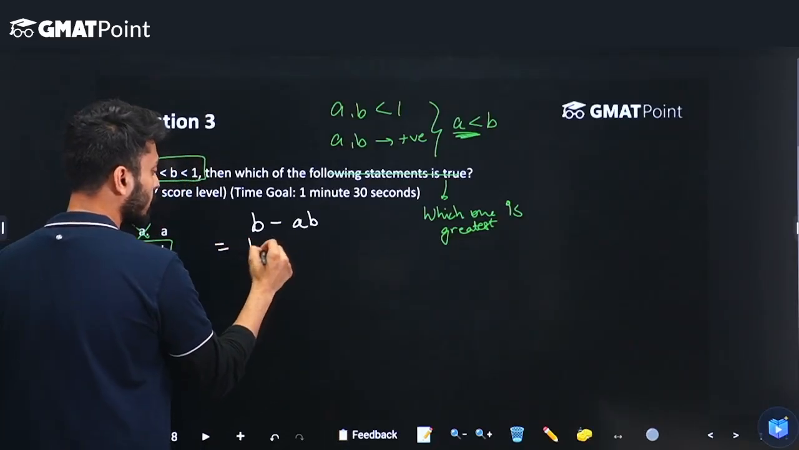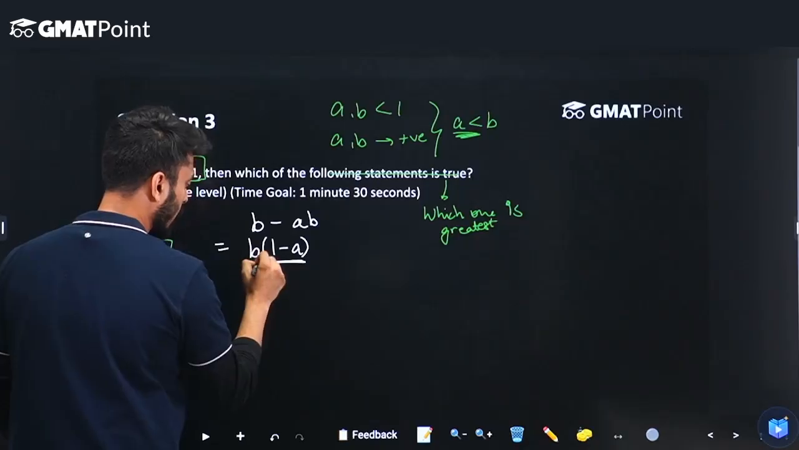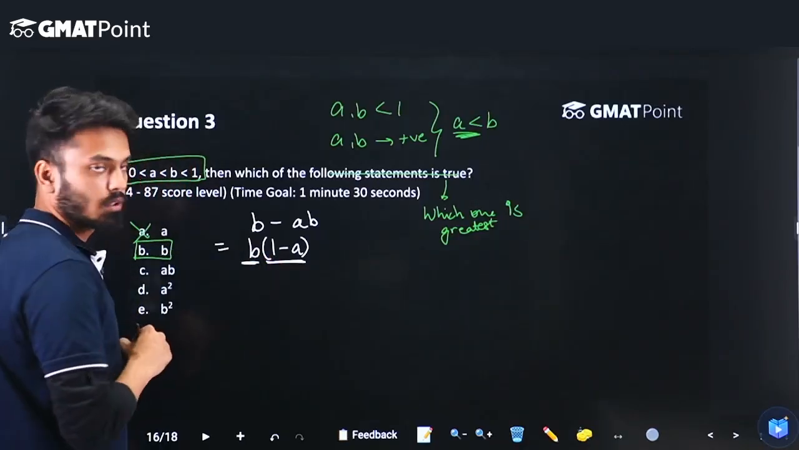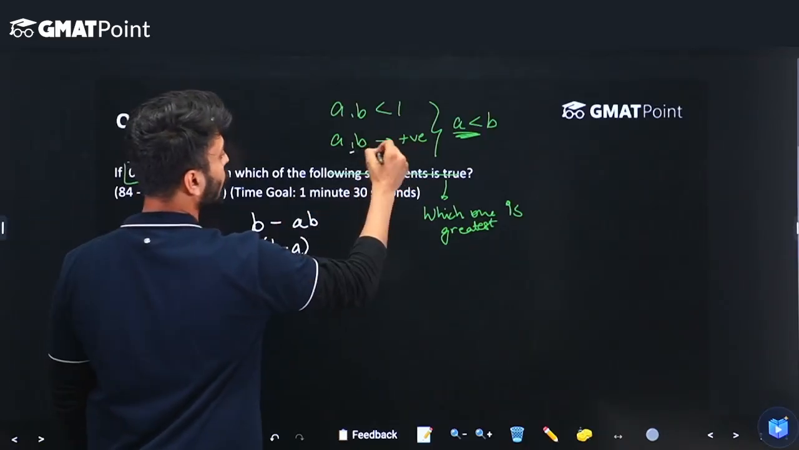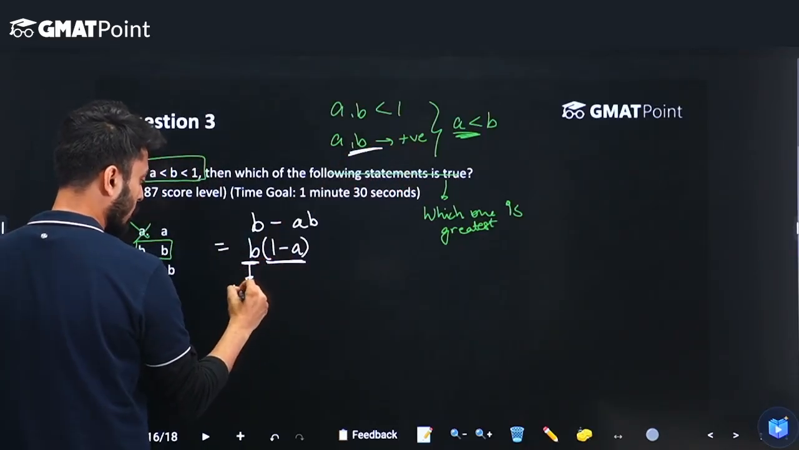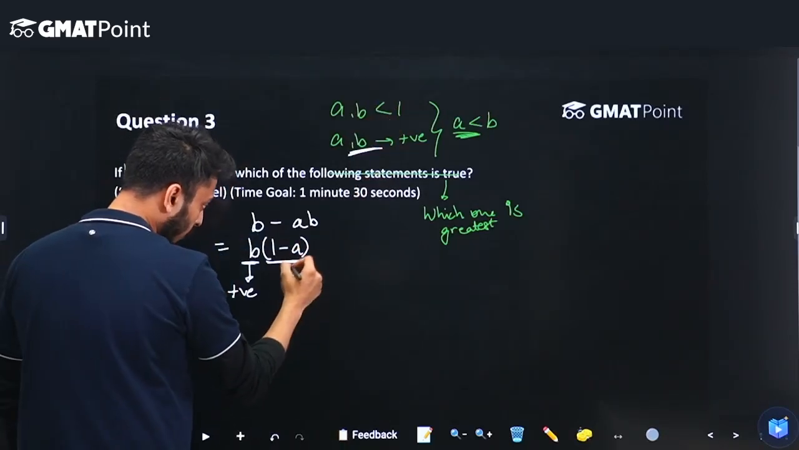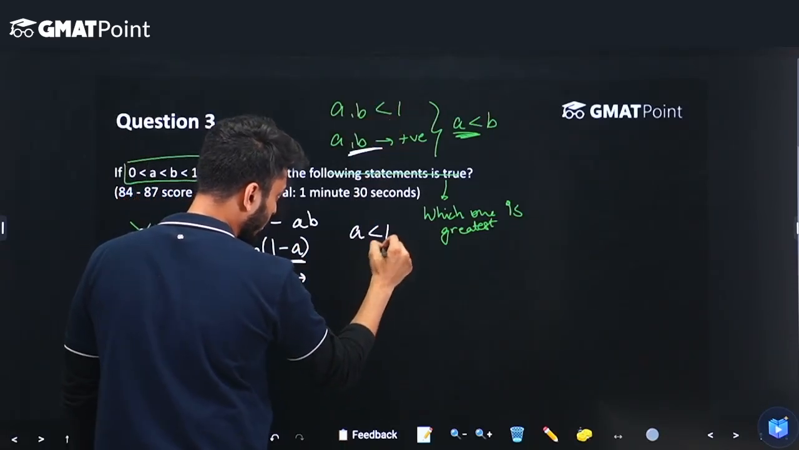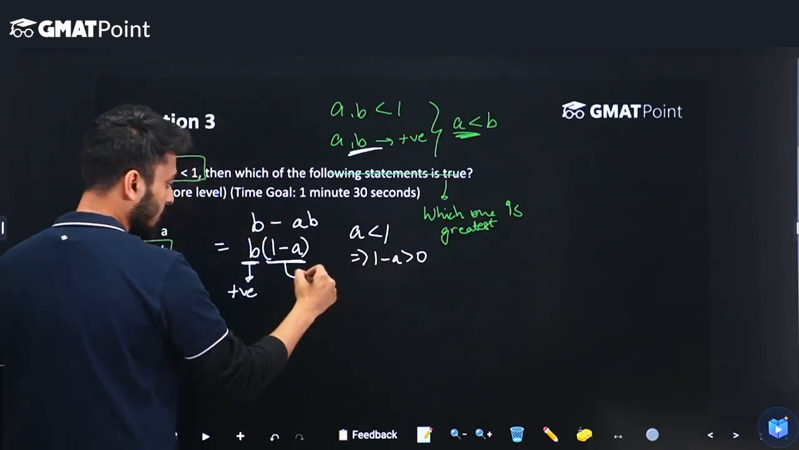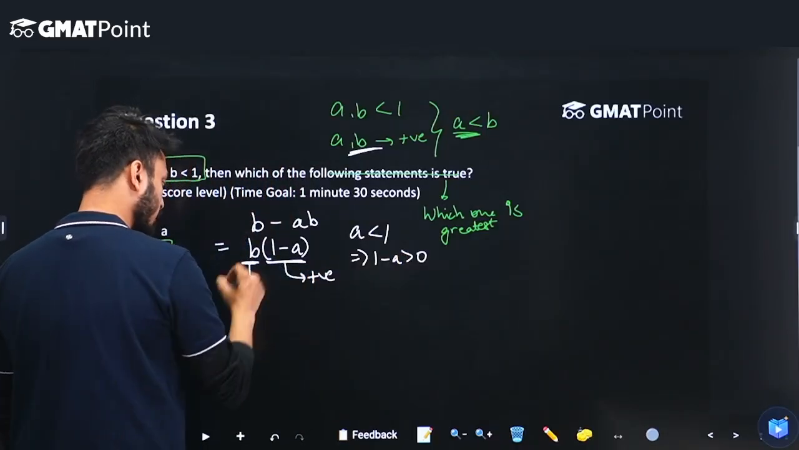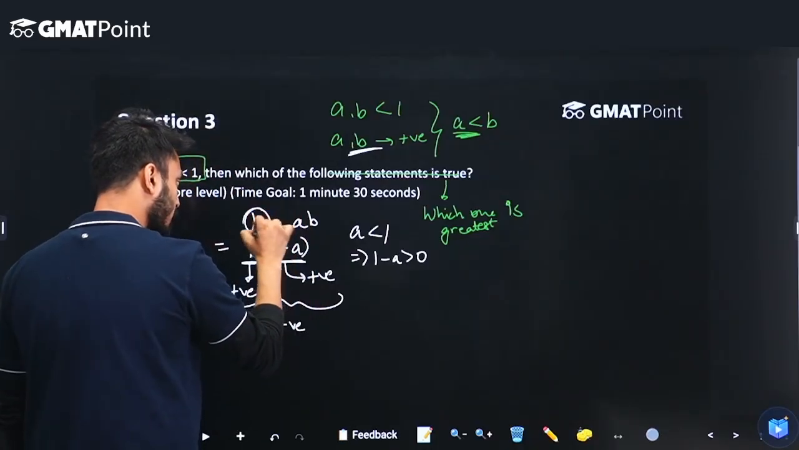I can simplify this into B times (1 minus A). Now again, I am at a place where I have two numbers being multiplied. I know B is positive from here, so this is positive, and I also know that A is less than 1, which means 1 minus A... So if I have A less than 1, this tells me 1 minus A must be greater than 0, right? This means this is also positive, which means the entire product is positive, which means B must have been larger